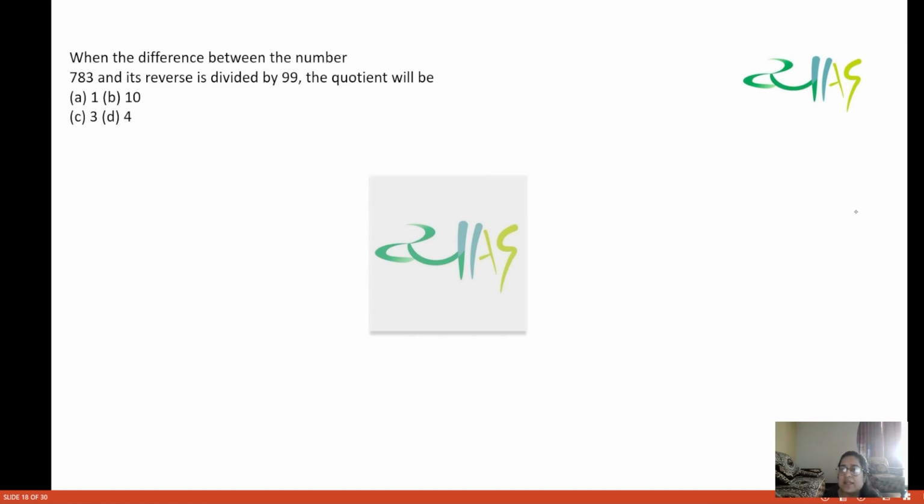Now see, this is a similar kind of question. When the difference between the number 783 and its reverse is divided by 99, the quotient will be